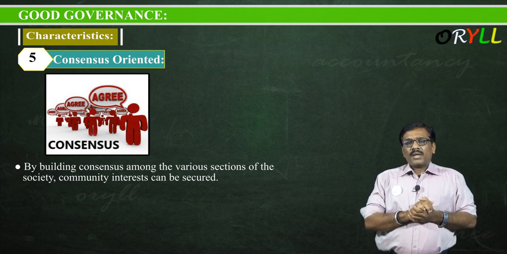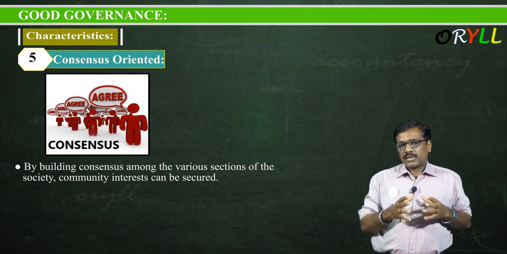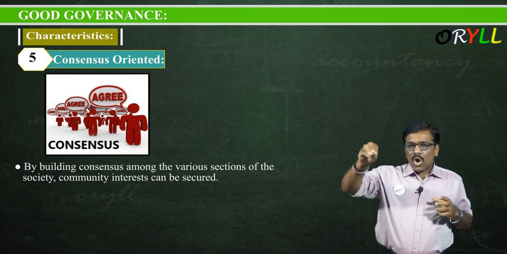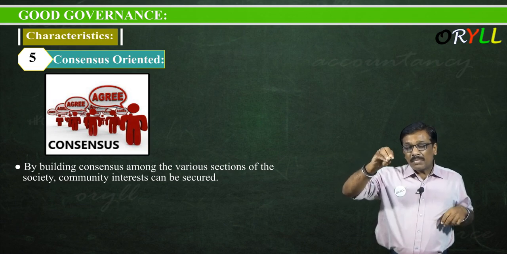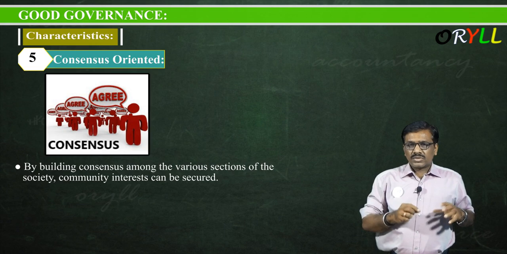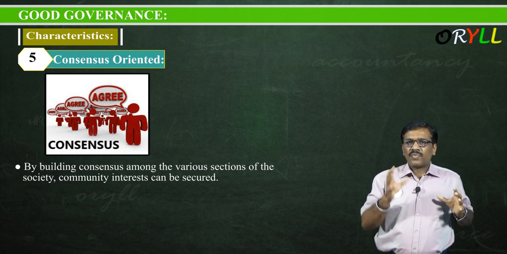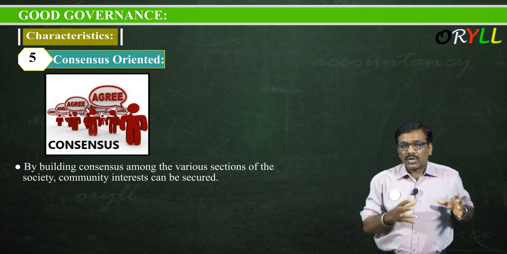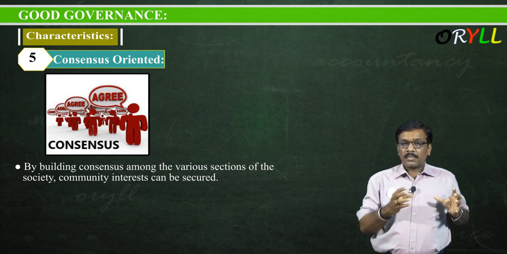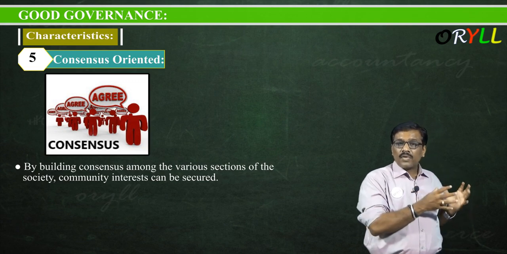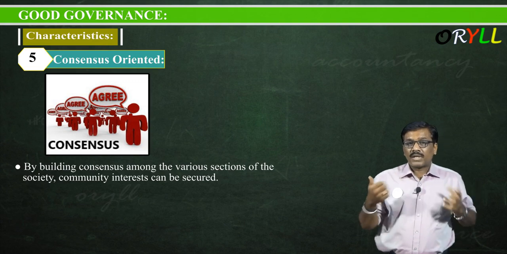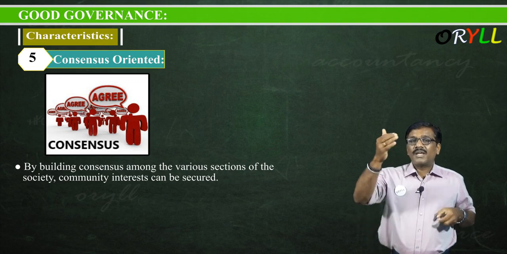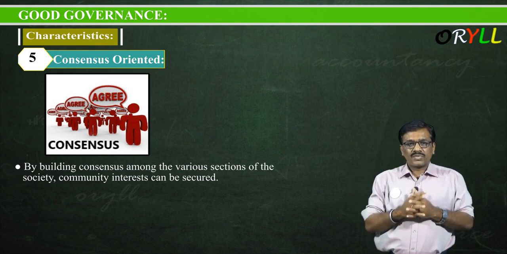For example, in your colony we are going to propose a market. Before going for that, I should involve all the people residing there, or the heads of the family members in your locality, and tell them that we are coming up with a market. If 50% or 60% oppose, saying that if the market comes, that is beneficial, but there will be a lot of traffic problem in our area, that may disturb our children's education, and there may be a lot of garbage to be disposed every day, that may affect our health. Like these points, if they raise, they have to consider that. Understand? So consensus means taking or respecting others' opinion from different sections of the society.